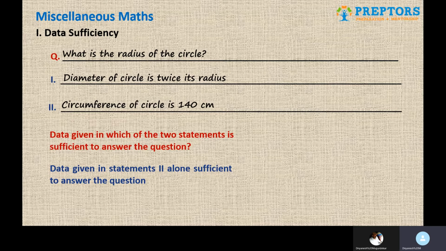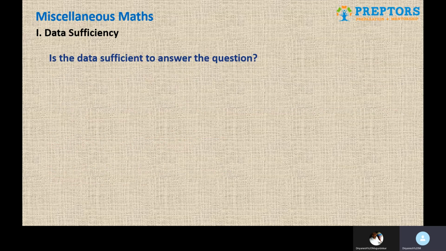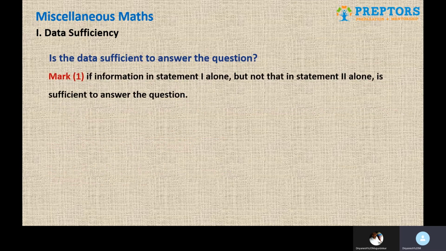This is the flow of solving, and this is exactly what you are going to follow. It will take time. Initially you may struggle, you may make some silly errors, but that's okay. Give yourself that time and solve a bunch of questions so that you get used to it. Now, what is going to be the answer pattern? There is a standard set of instructions, obviously, but be careful in the exam. This may not be the same way they ask you to mark the options, but this is what we have usually found over the past few years.